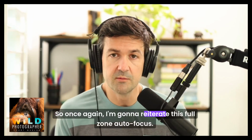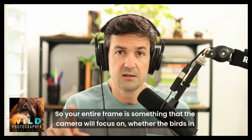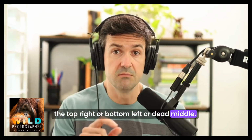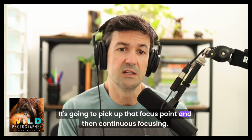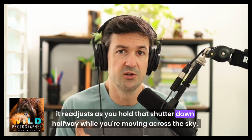So once again, I'm going to reiterate this. Full zone autofocus, so your entire frame is something that the camera will focus on, whether the bird's in the top right or bottom left or dead middle. It's going to pick up that focus point, and then continuous focusing, so it readjusts as you hold that shutter down halfway